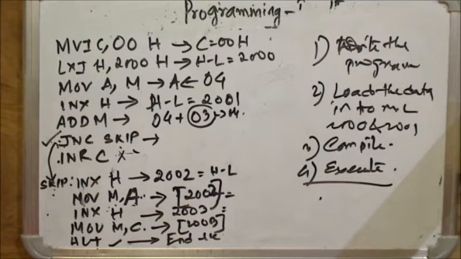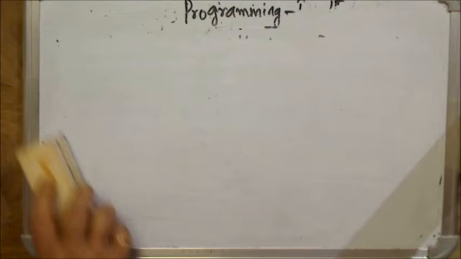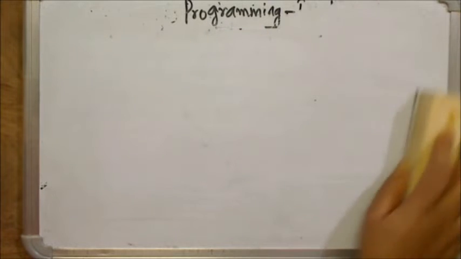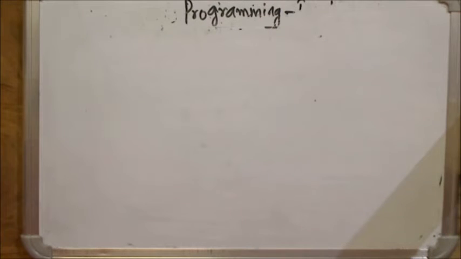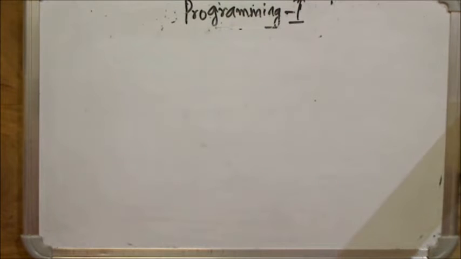Okay, so this is the second program using memory pointer. I hope you all understood the program using memory pointer. The same program we have done using LDA and STA, and now using memory pointer. Now I will show you the advantages of using memory pointer over LDA and STA instructions. Now let's see the advantages of using M.